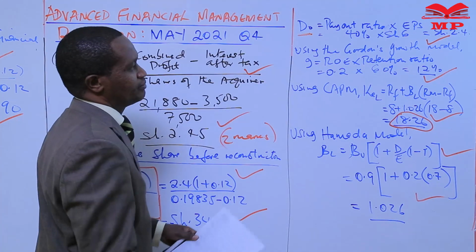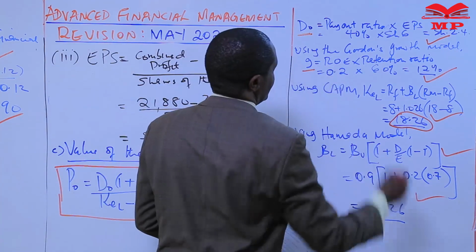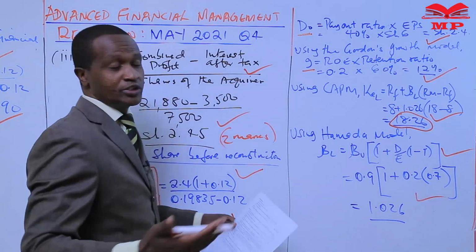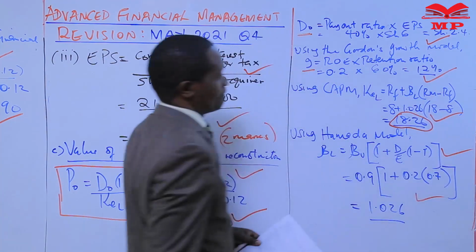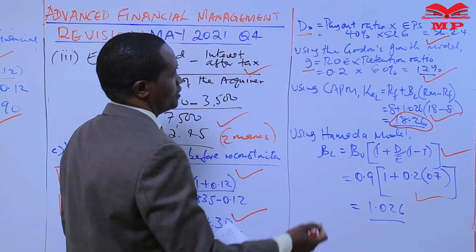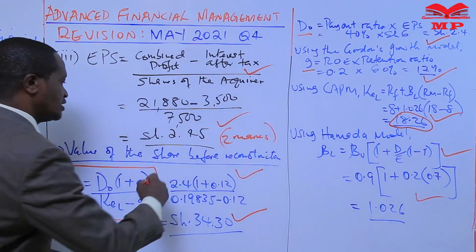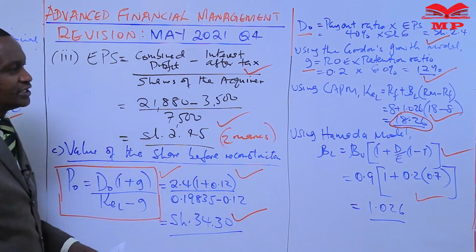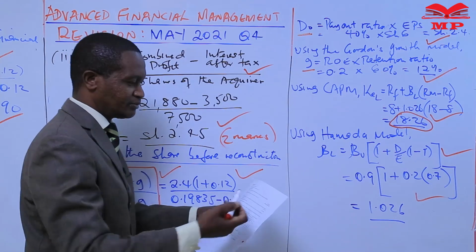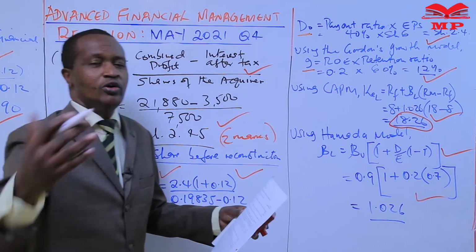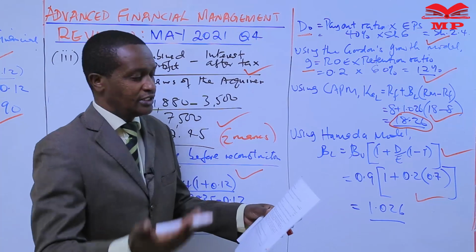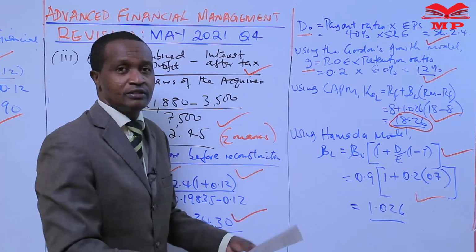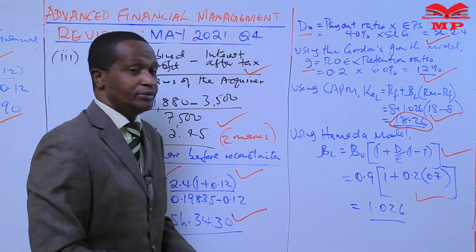You can at least get marks for growth rate. These are concepts we learned in section 3. You can score marks for even just putting down this formula. So out of these 8 marks, you don't have to score all the marks to pass your exams. You can raise 8 marks easily from this question that looks a bit technical.